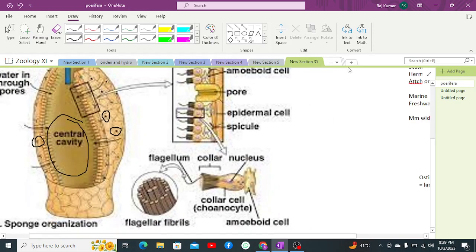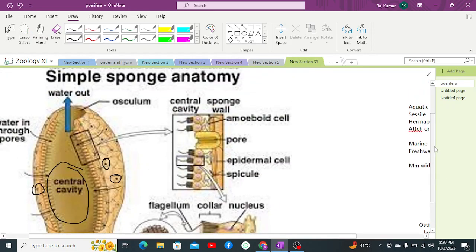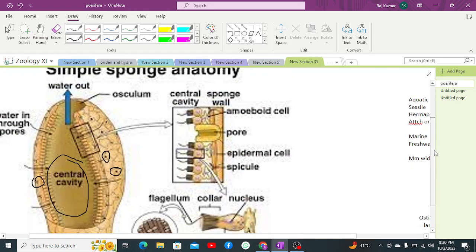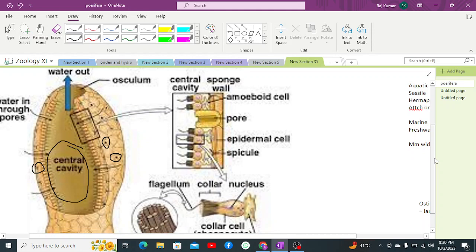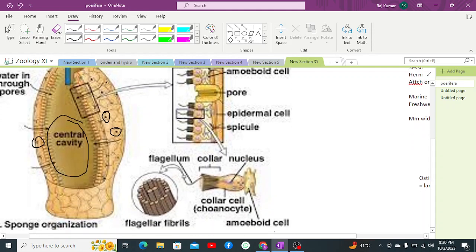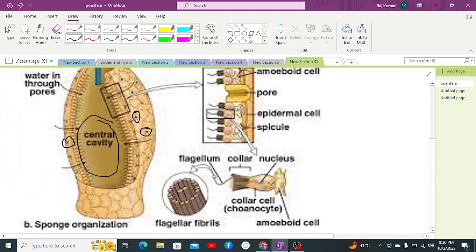And what is the function of these pores here? They are of paramount importance. These pores are involved in taking in water. As they live in an aquatic environment, water comes inside the body of a sponge through these pores,